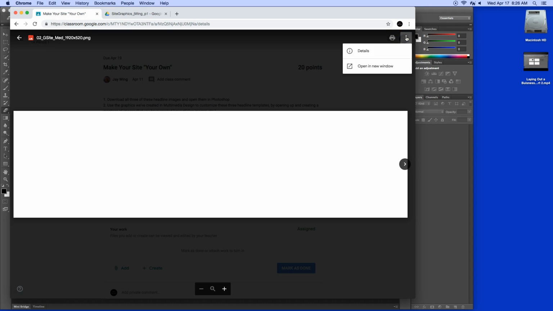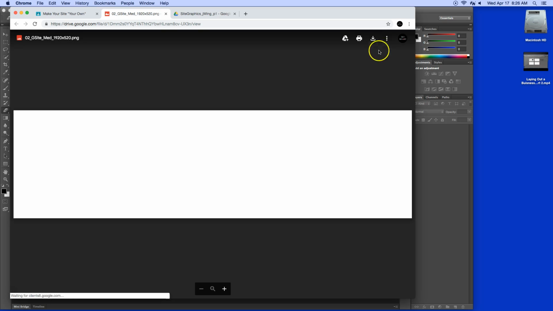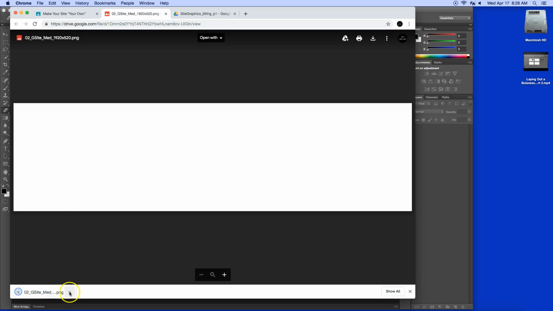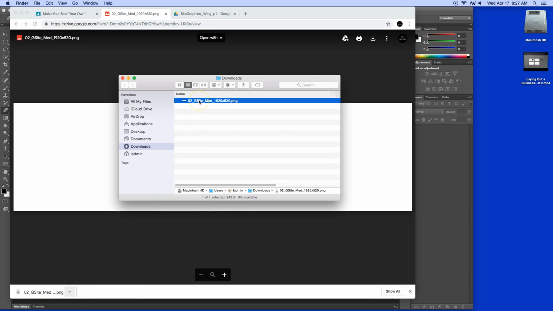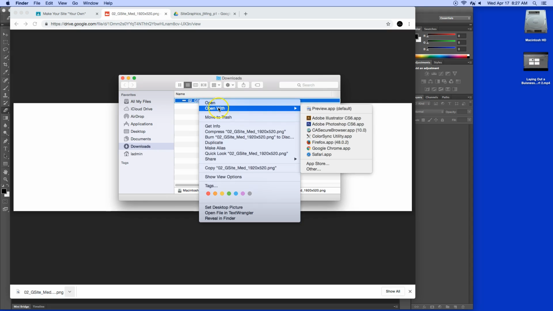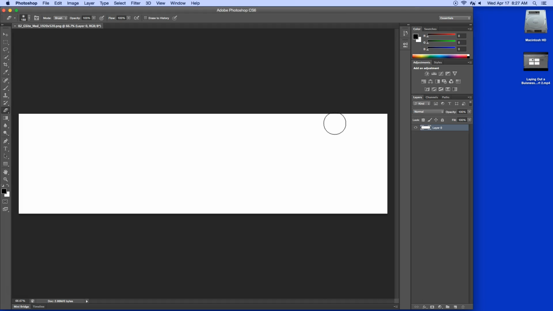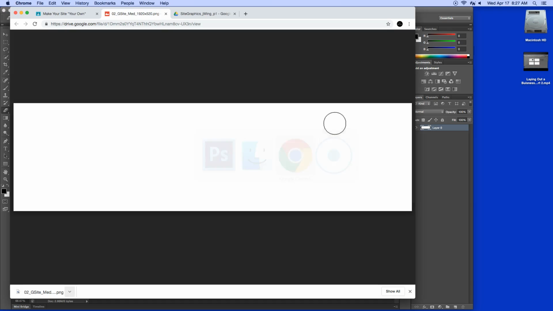and then I'm going to download it by opening it in a new window, downloading it, and then when I go over here, select Show in Finder, hold the Control key down, click one time on it, and select Open with Adobe Photoshop. As it's opening that file, I'm going to do the same thing for the other files